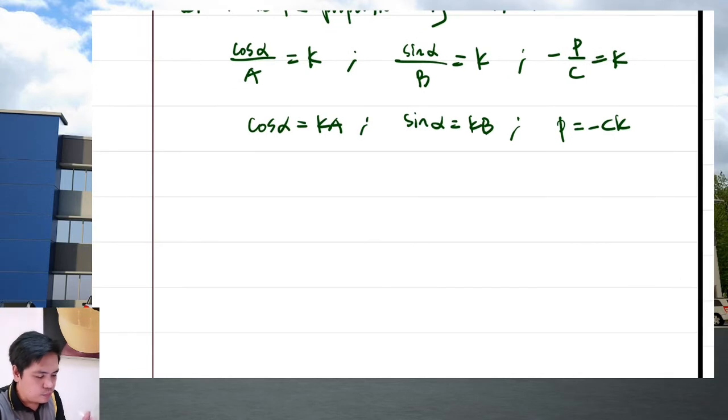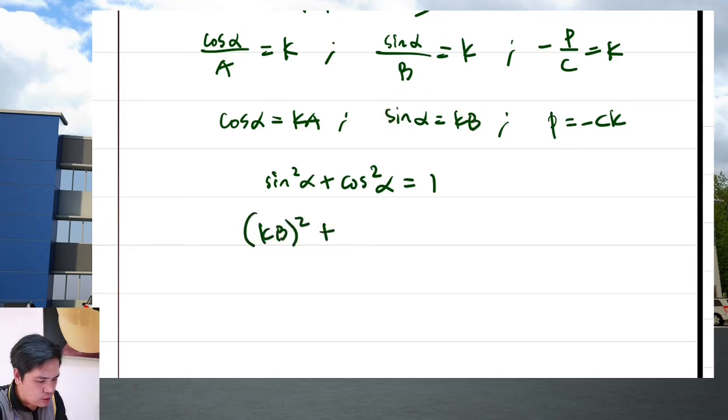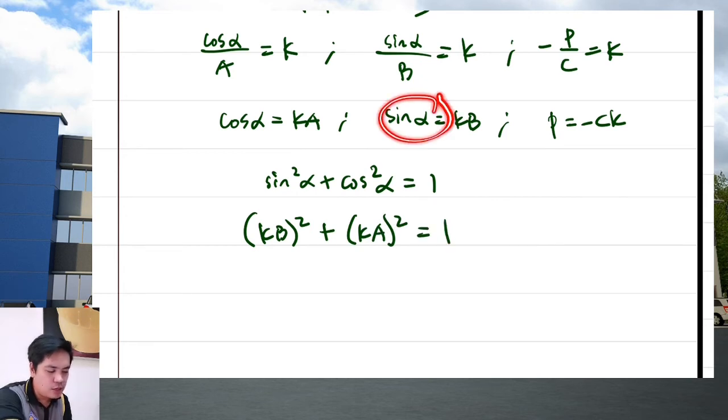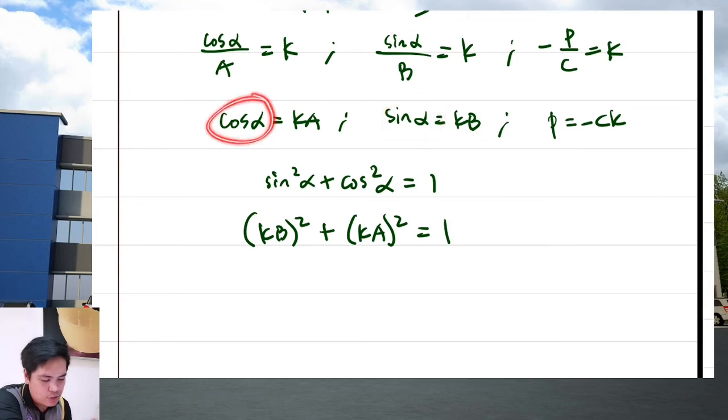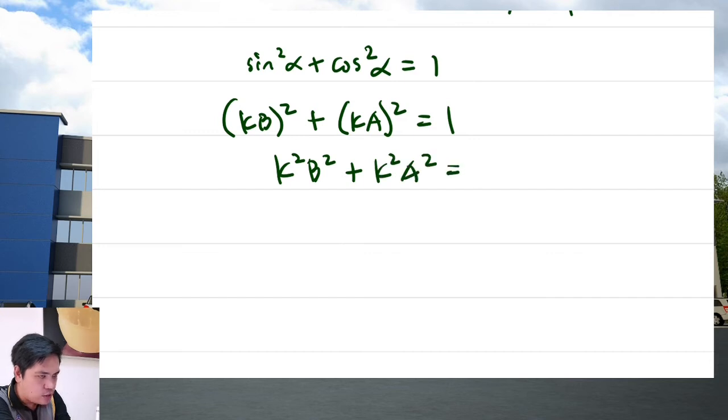Okay. So if you recall, diba, if we have sine squared alpha plus cosine squared alpha, the result is 1. So therefore, if we square this, Kb squared plus the square of this, Ka squared, that is equal to 1 because this is sine alpha, cosine alpha. So sine squared alpha and cosine squared alpha is equal to 1. So k squared b squared plus k squared a squared is equal to 1. So k squared times